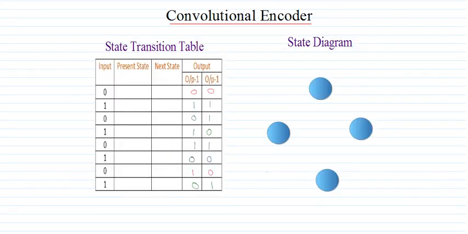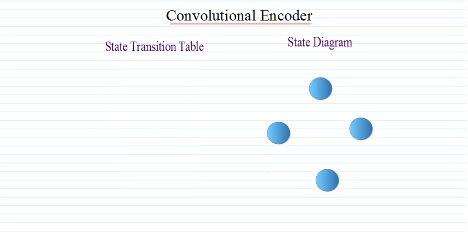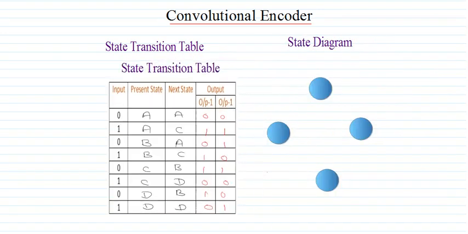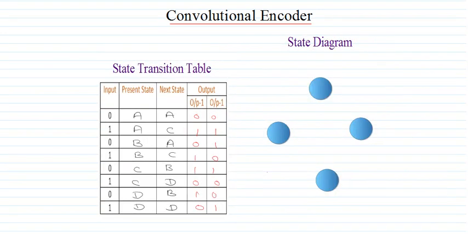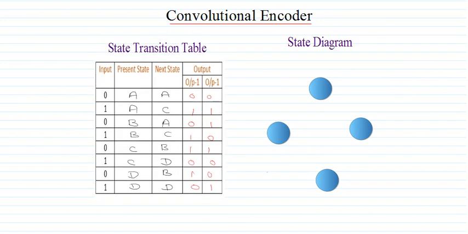In the next slide here, I will just place that state transition table. Now we will make a state diagram. So let us mark here how many states we have. A is one state, B is another state, C is one more state, and D is another state. So we have 4 states. So I have taken 4 circles here, and I'm writing for these states A, B, C, and D. I'm just randomly writing these A, B, C, D, 4 states with 4 circles.